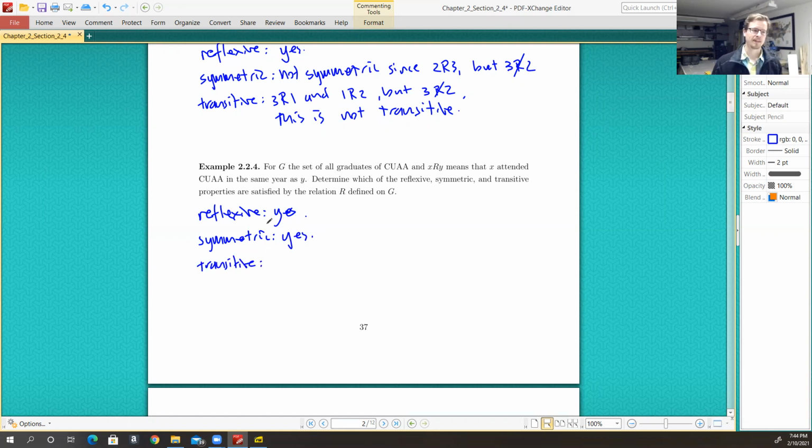All right, so this one, you might initially think yes, but we can come up with an example that shows that it's not. So let's do that to show that it is not transitive. So I'm going to say no with an exclamation point. No, it is not transitive. All right, so let's consider student A who attended